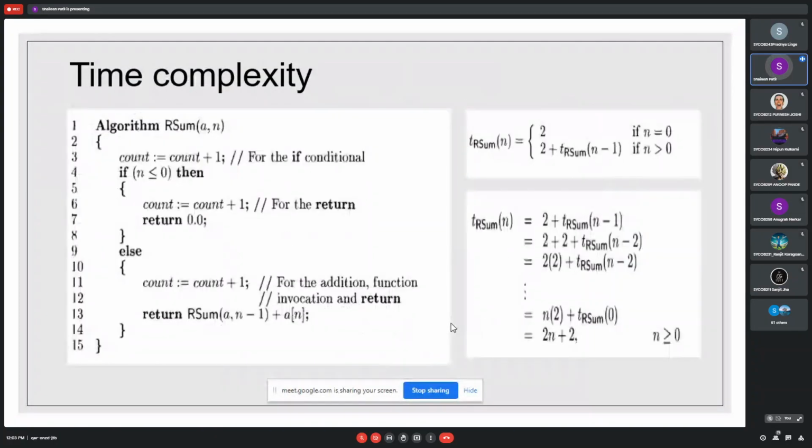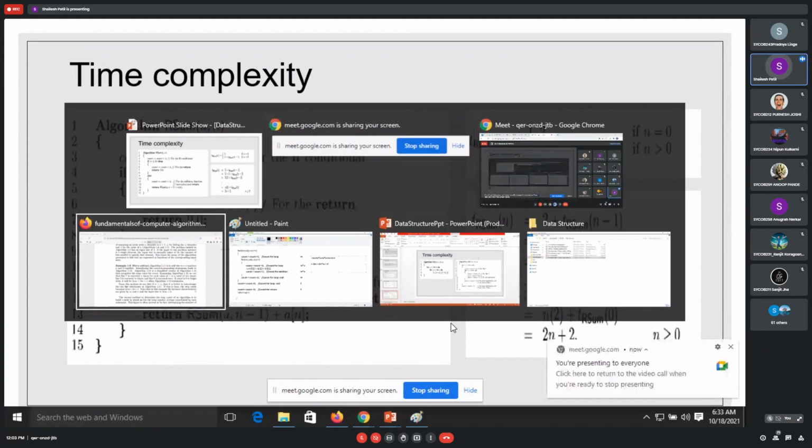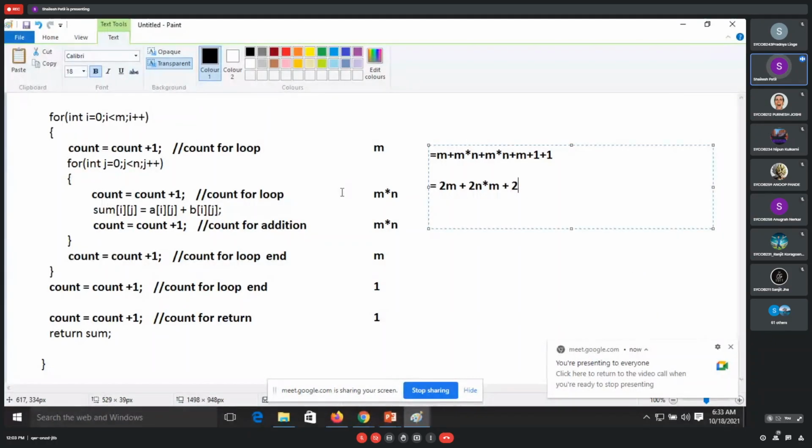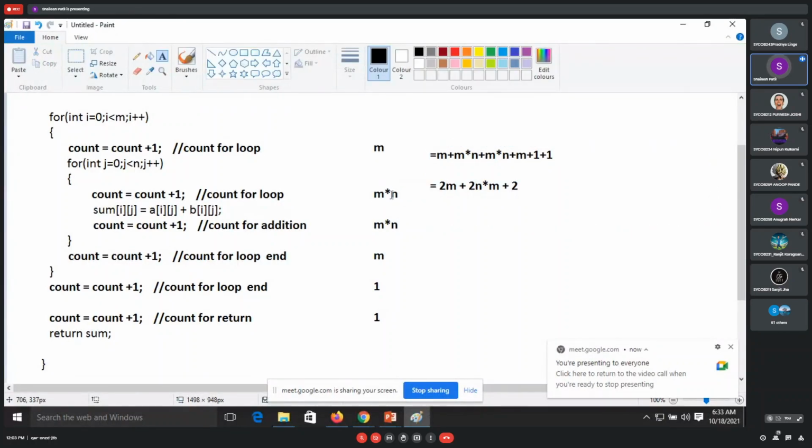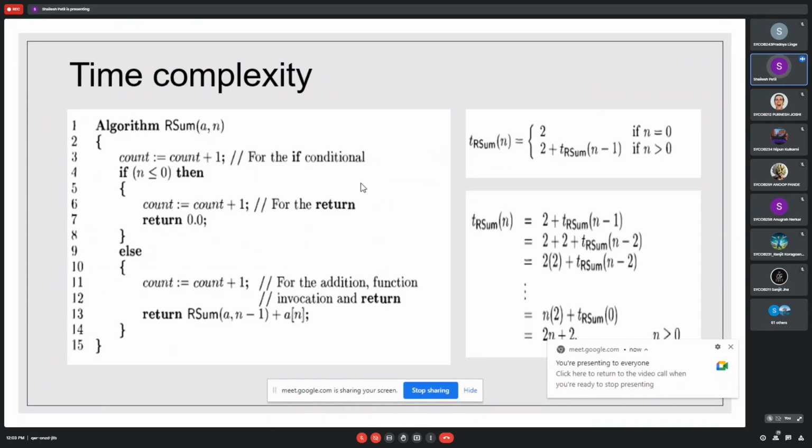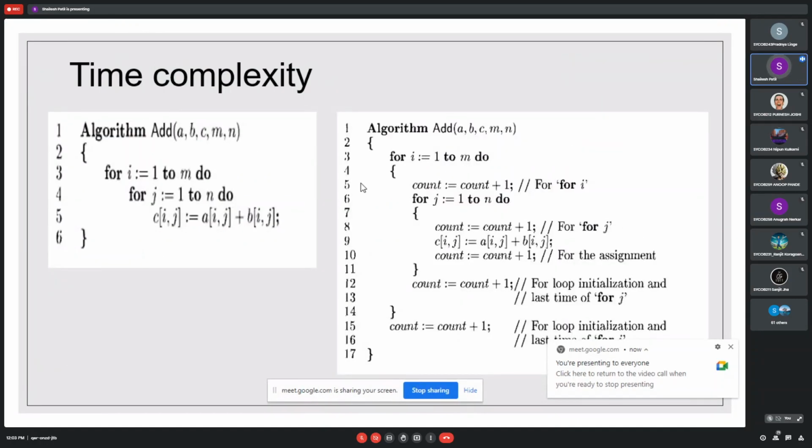Okay, so all the basic things, you know how to calculate this particular thing. In this example, along with this, we have calculated the frequency which is needed. So what is a frequency? M into n is a frequency. This m is the frequency. This is my one step, and for this one step, I need frequency as m. So instead of that, there is a very simple way to write this.